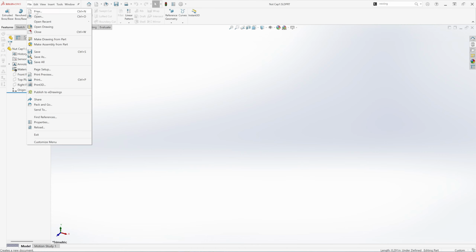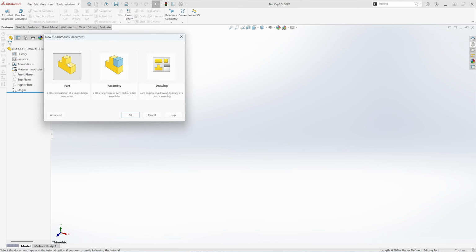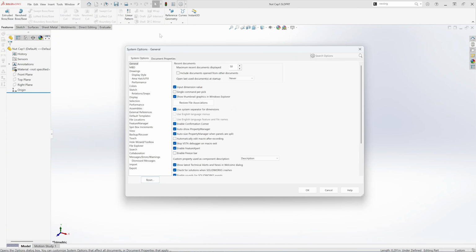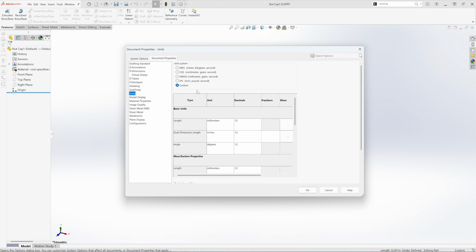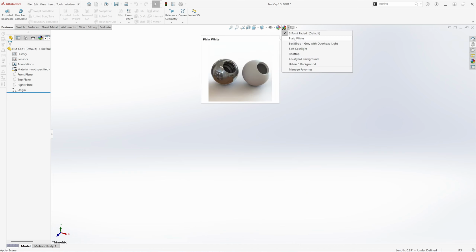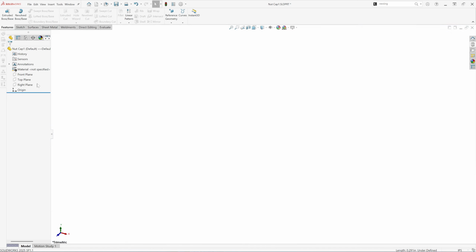File, new, part, okay. Remember to save your drawing. In my case, it's not Cat 1. Go to System Options, Document Properties, Units, Inches, 3 decimal places for dimensioning length, okay. I'm going to change the scene to plain white, okay. Front plane, sketch,